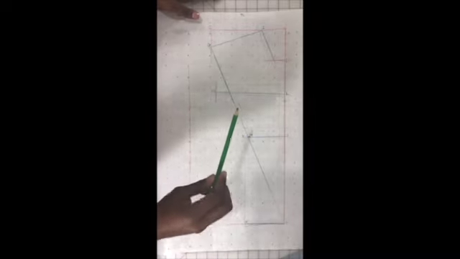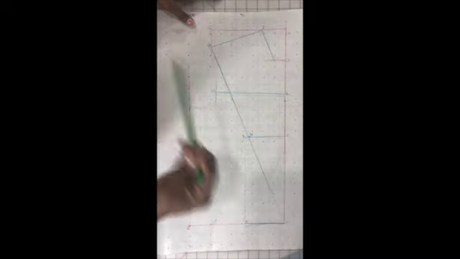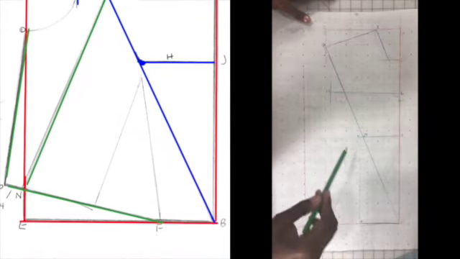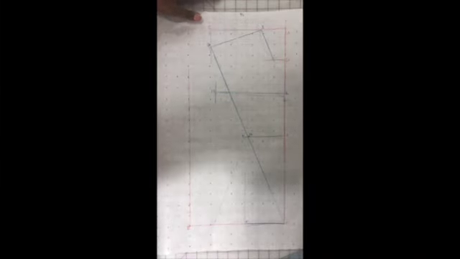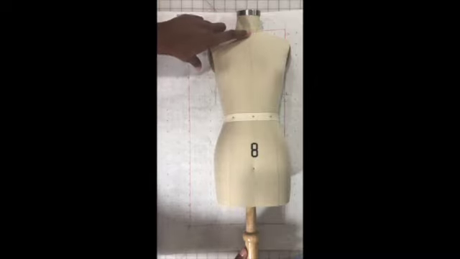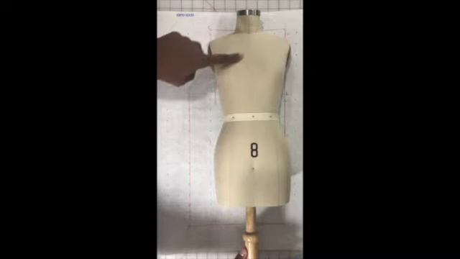So now using our green color pencil, or whatever color pencil you decide to use, again, I encourage you to use different color pencils for each step that we're doing. So right now we're on to step 3 of the bodice. Each time I change the color, that's when we're moving up a step. So we're up to step 3. Now I'm going to be creating another series of lines using the green. The next line that I'm going to be creating is using point I. I'm going to be measuring diagonally across,